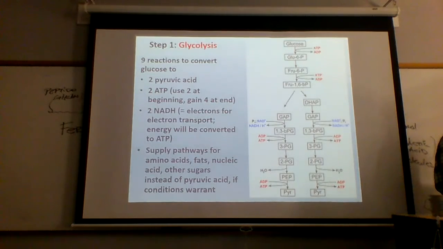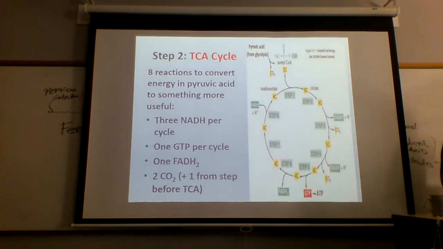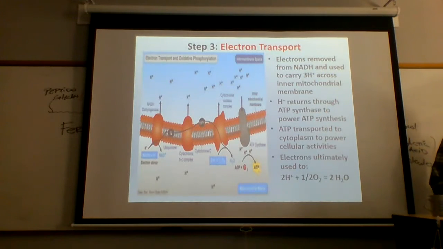The main thing you want to know is what goes in and what comes out. What goes in is glucose and the ATPs and some NAD, and what comes out is pyruvic acid and 2 ATPs. All right. Again, the Krebs cycle, don't worry about more than what goes in and what comes out. Electron transport chain, it's hard to do it as what goes in, what comes out, but what we can do is say what it's doing. And that is reoxidizing electron carriers and using the proton gradient to generate ATP.